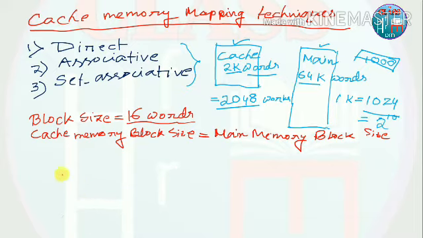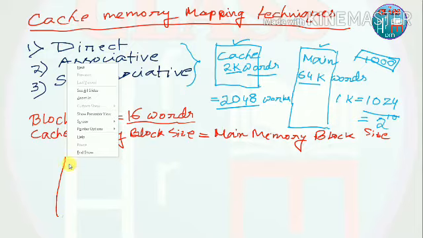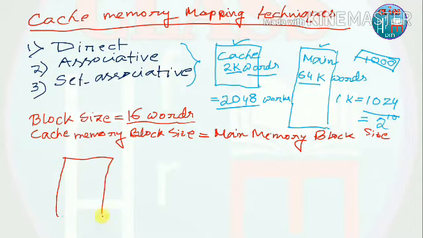will be divided into how many blocks? So you have to identify the number of cache memory blocks. So what will be the total number of cache memory blocks? Suppose this is your cache memory. So 16 words per block, so you have to divide this